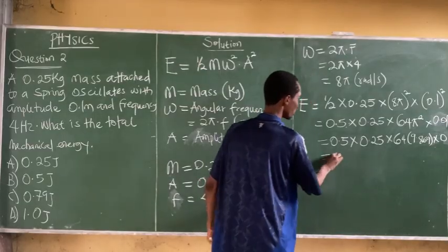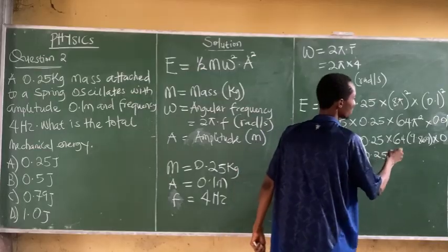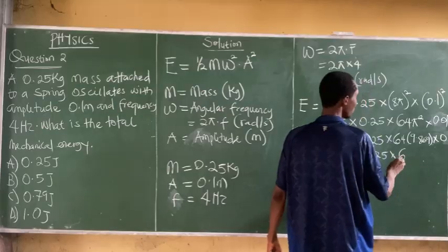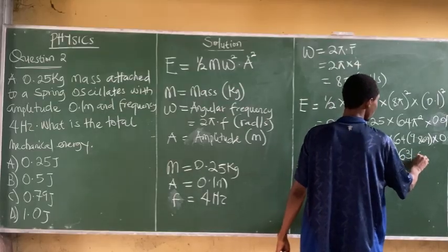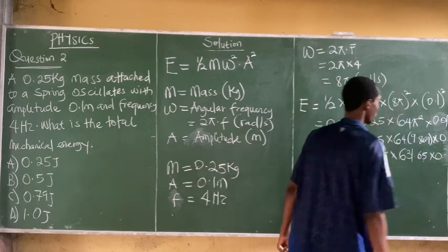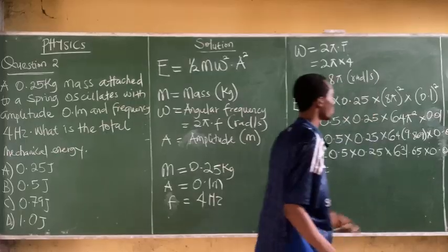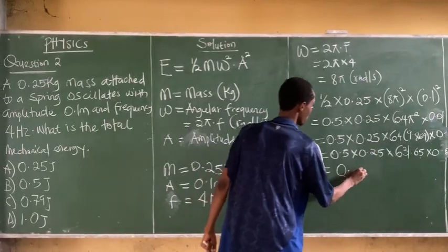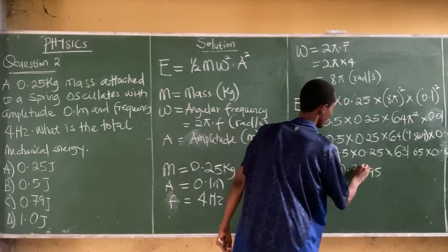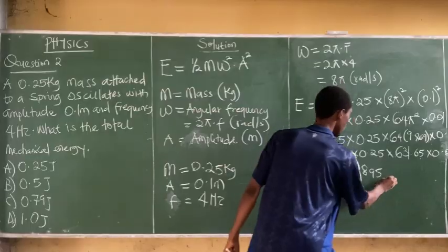This is equal to 0.5 times 0.25 times 64 times 9.869, which will give us 631.65, times 0.01. If we multiply all this out, we're going to have 0.7895, right? Approximately